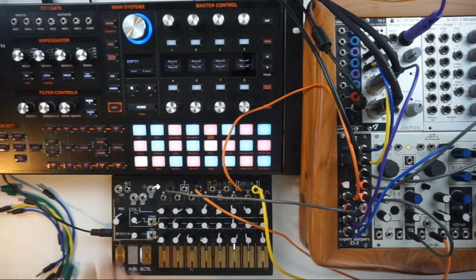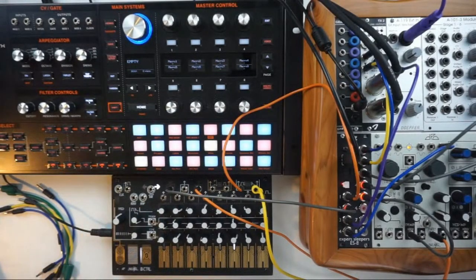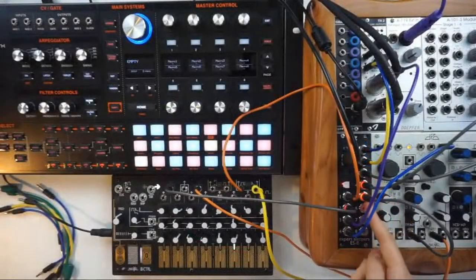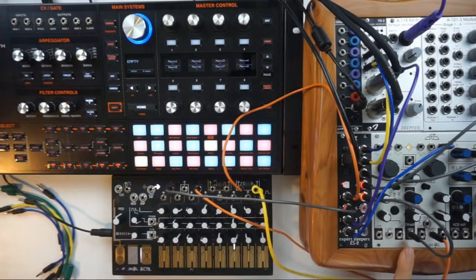And something that's really cool about the Hydrasynth is that you can actually send these values out as MIDI CCs. So I am doing that here in this module called MIDI to CC inside of VCV Rack. I'm receiving these CCs from the desktop Hydrasynth, and then I am sending CC 0, 1, and 2 out to the ES8 here. And then from the ES8, I'm patching those modulation sources over to various parameters on the DPO. Let's take a quick listen to the DPO.